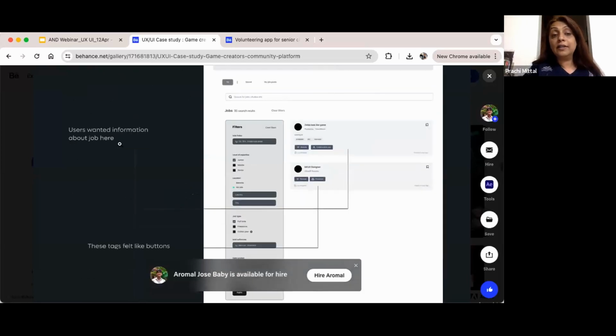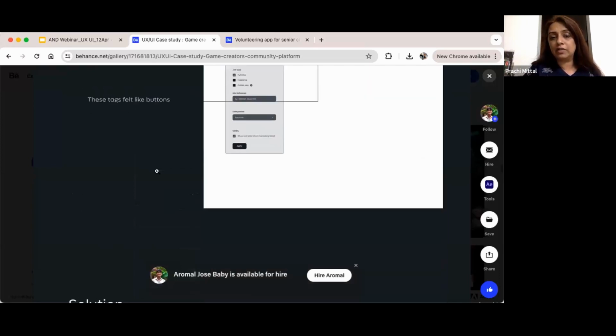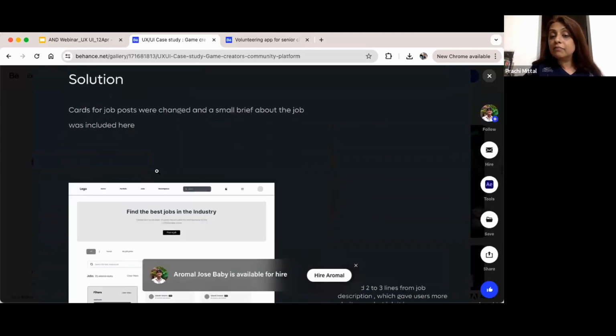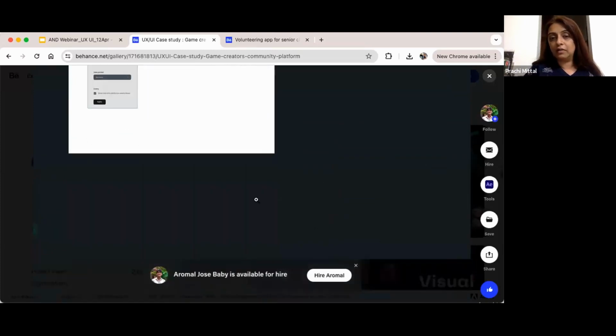So the user wanted more information about a job here. These tags, sometimes this is a UI problem. They felt that these tags were actually buttons and they thought they have to click it, but that was not the purpose. So this is a UI related problem. This was a UX related problem, that they want more information around it, right? And then he started solving these problems one by one, right?